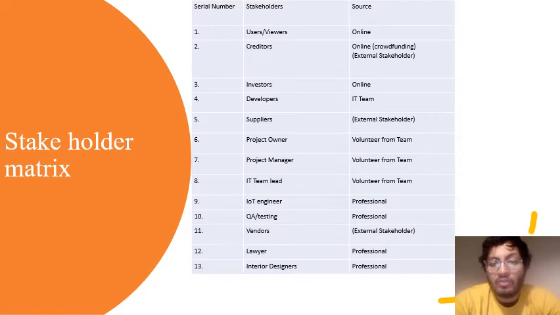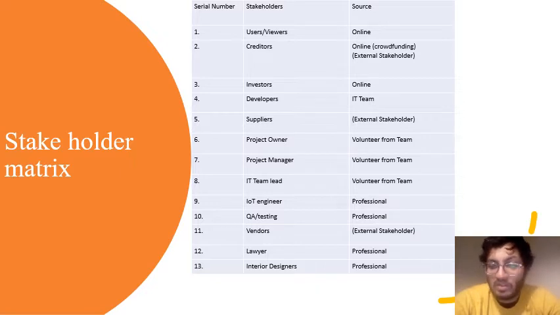Project owner, project manager, and IT team lead are all volunteers from the team. The IoT, Internet of Things, engineer is a professional.